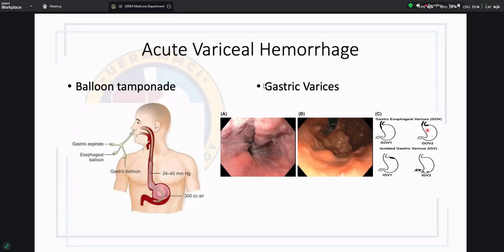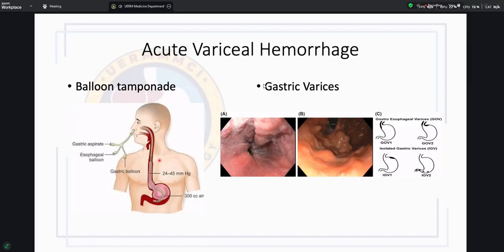So you inject it into the gastric varices, and it will form a solid plug that blocks blood flow through the varix. Not a lot of hospitals allow their doctors or gastroenterologists to do this procedure because it can actually cause damage to the endoscope. Anyway, going back to esophageal varices,